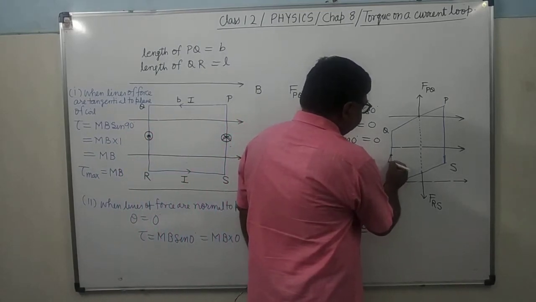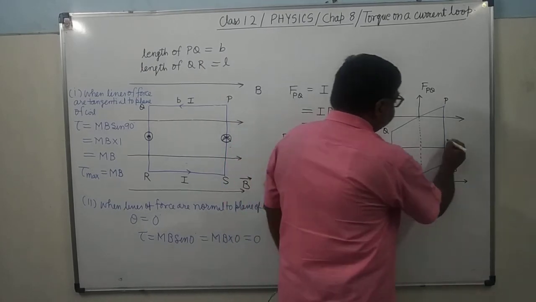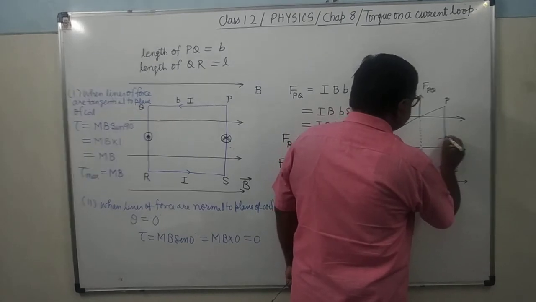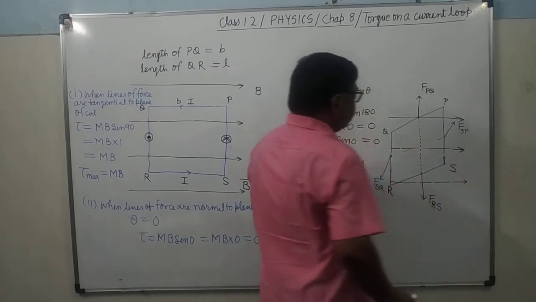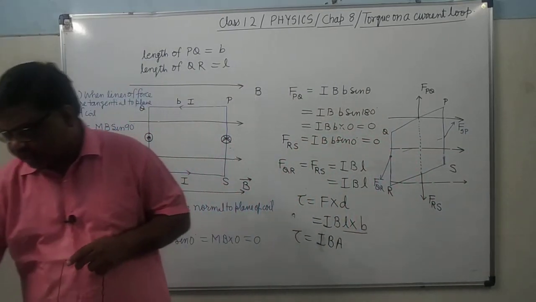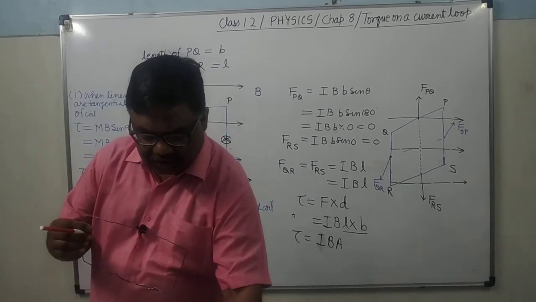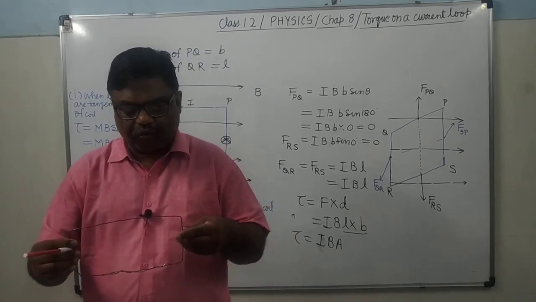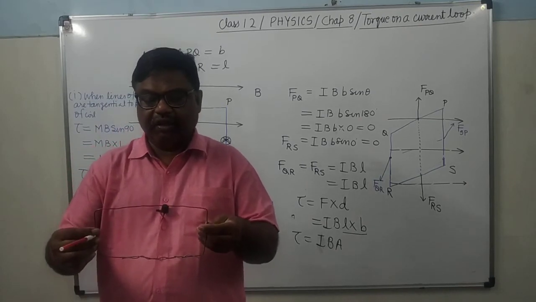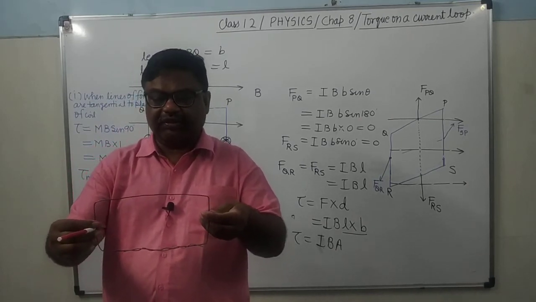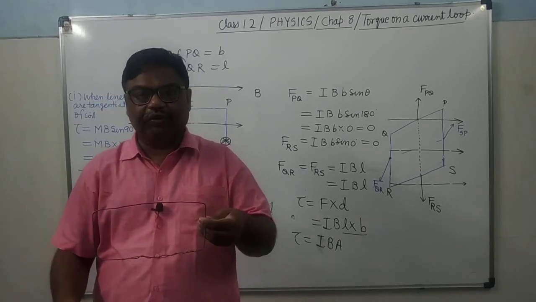On segment QR, force will act in this way. On segment PS, force will act this way. On SP. Now what will be the distance between here? You can see here, when the plane of coil was tangential to the magnetic field, here it was this way. Here it was this way. What was the separation between the lines of action? Equal to this length. It's clear, which was L.